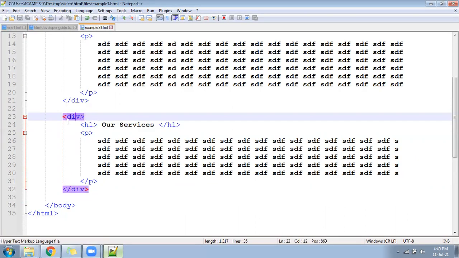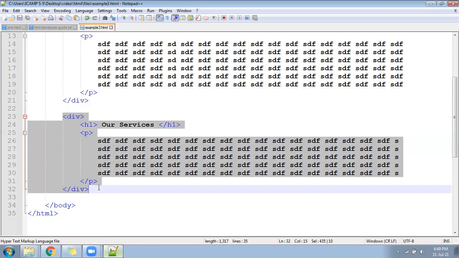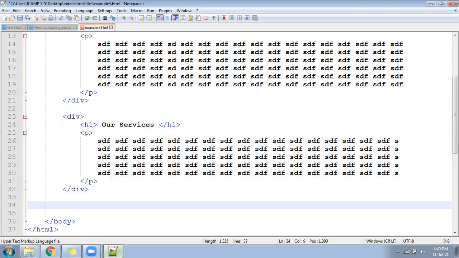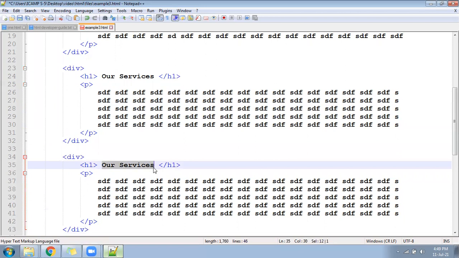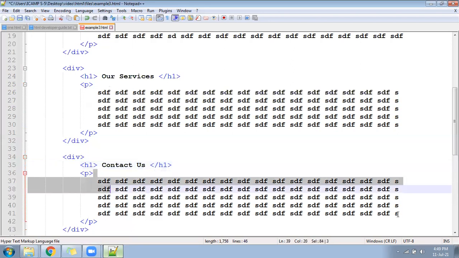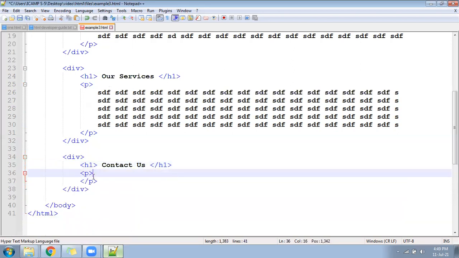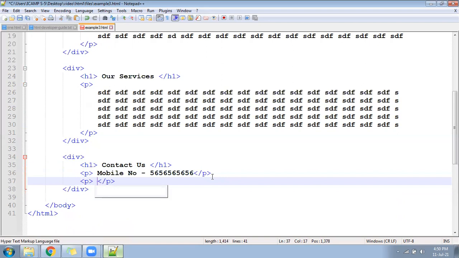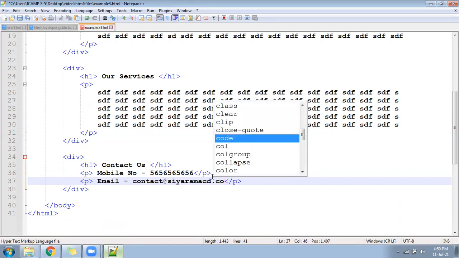Similarly, if I go here and copy the same content and paste here, and we'll keep here Contact Us. Now inside that we can display some contact number, suppose mobile number, and something you can write for email ID, contact at the rate abcd.com, correct?